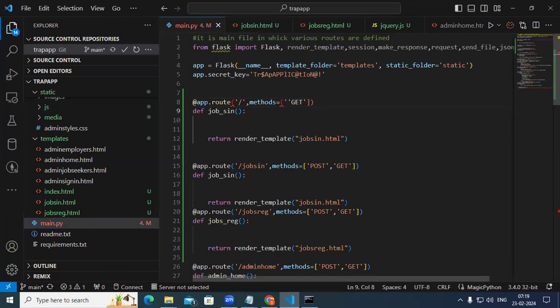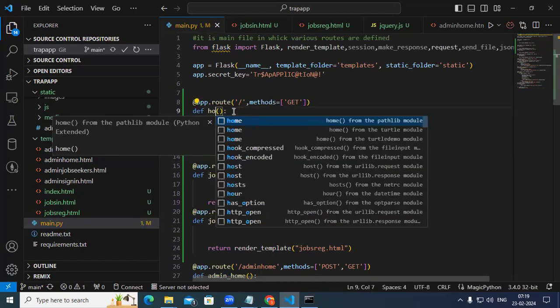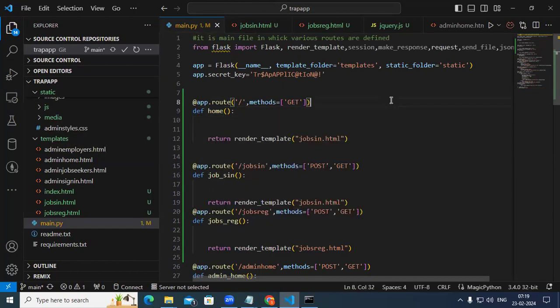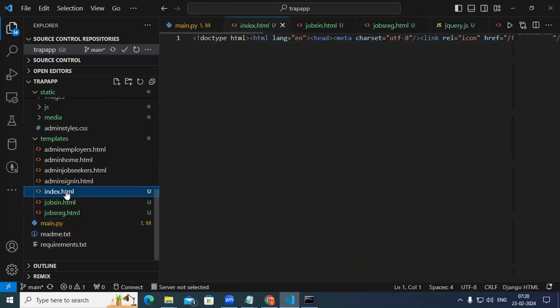We call this home. Then here it is return render template, and what we put in this is index.html. So this must be launching our code now. And when you go with the index.html,